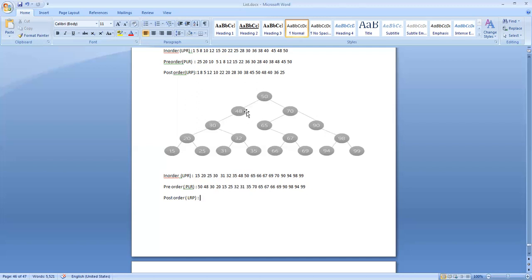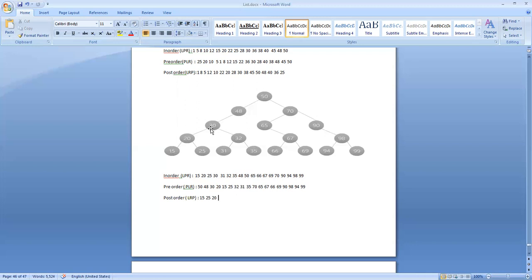So we should write the left and right child. When I come to the left child, 48 is a parent. So I should write the left child. 30 is a parent. I should write the left child. 20 is a parent. So before writing 20, I should write this 15 and 25. 15, 25. Now I can write the parent 20.